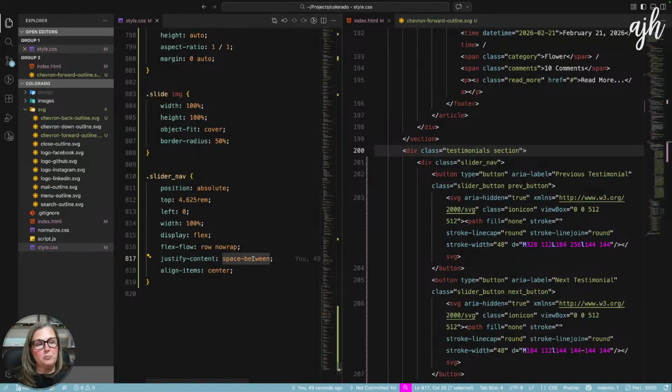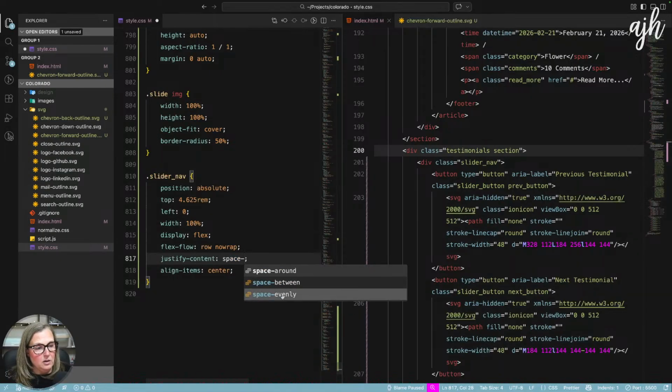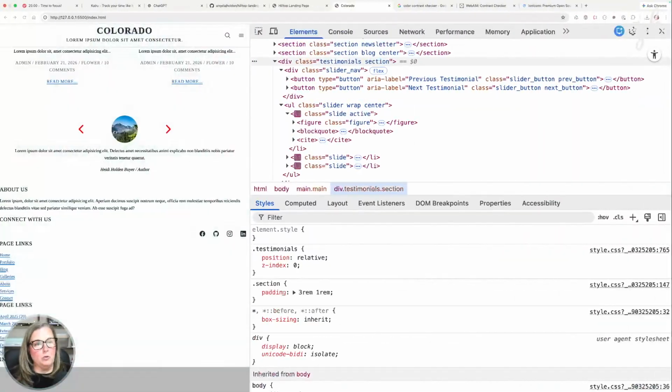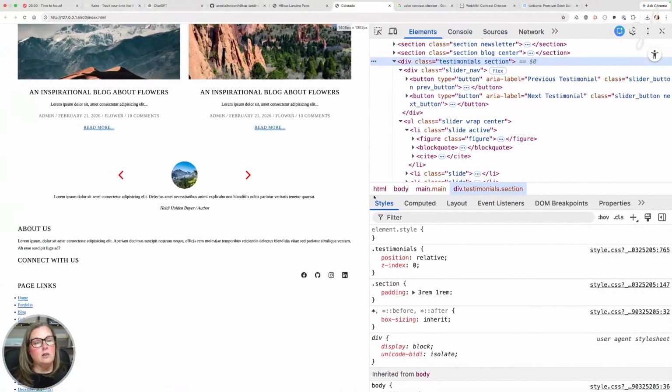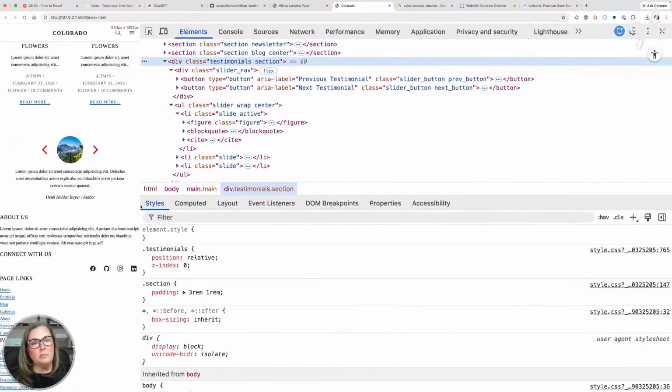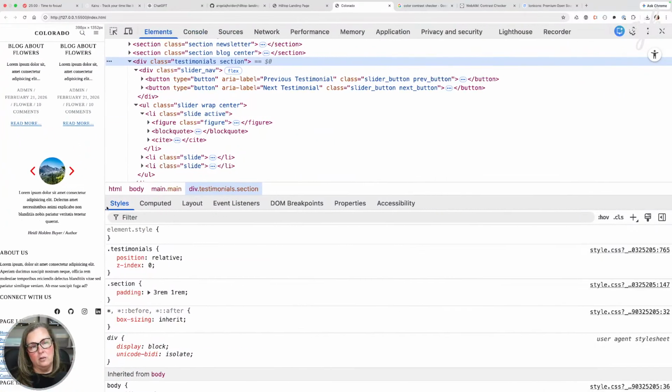Let's adjust this now. So instead of space-between, which puts them all the way to either edge, let's do space-evenly. We could do space-around, but let's do space-evenly. I think that'll pull those in a little bit. Yeah, look at that. So it grows and shrinks a little bit based on the size.